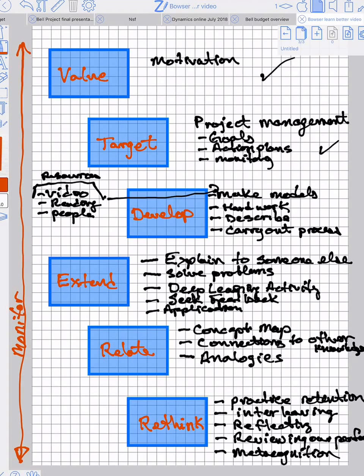Are we doing it in the amount of time that we want? Are we making our way through all of the steps of the framework? That active monitoring really boosts performance. So you will see as